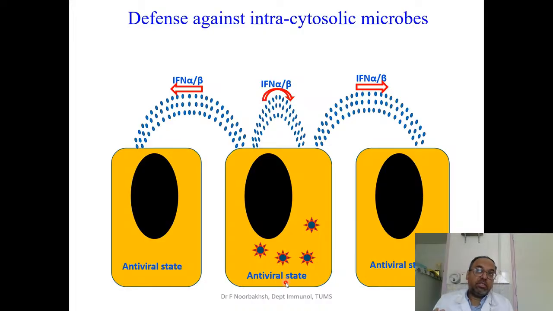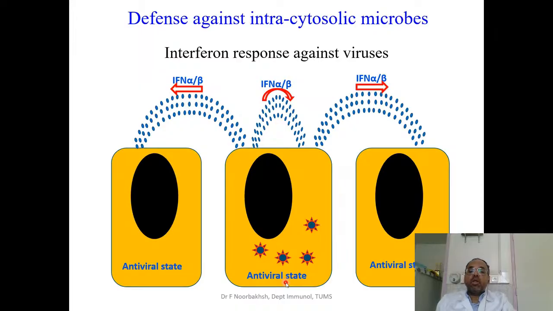It's an innate defense. It's not an adaptive defense because we don't have leukocytes in here. And interferons have been called interferon. The name comes from interfering. Like if you interfere with something, it means that you're causing problems for that process. So interferons are interfering with the production and proliferation of viruses.